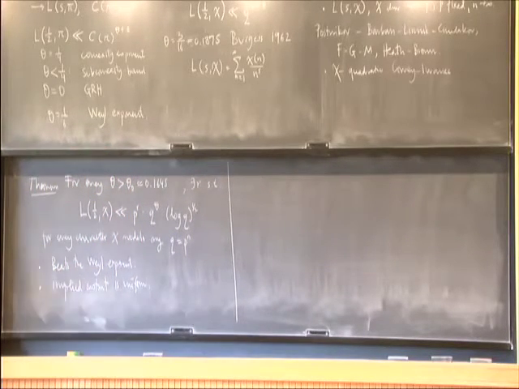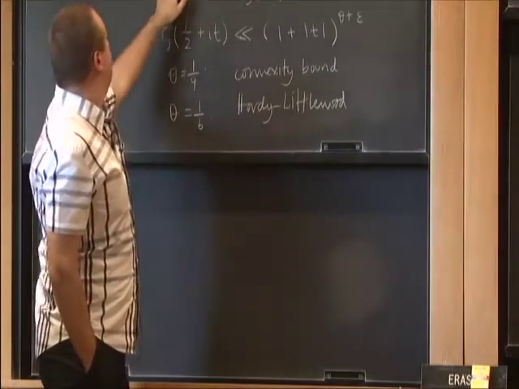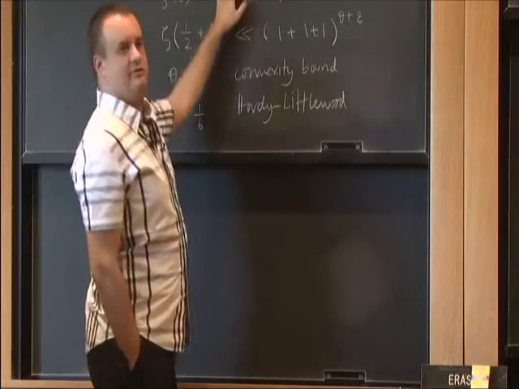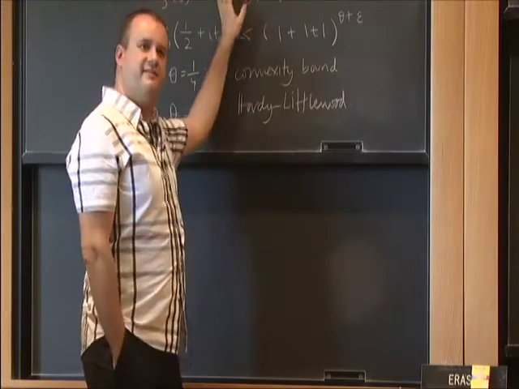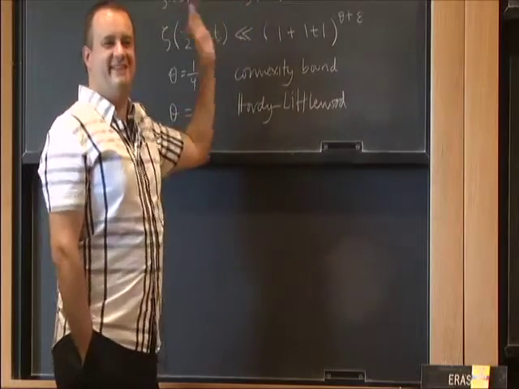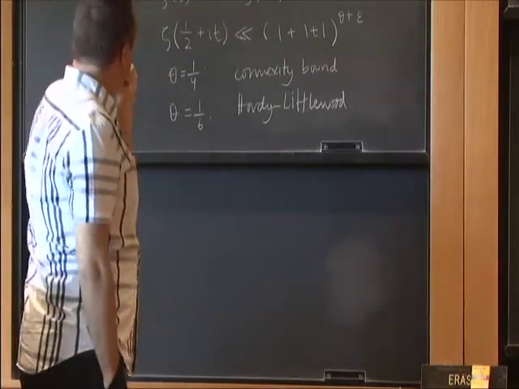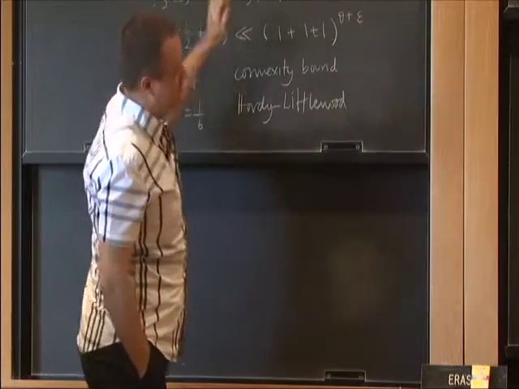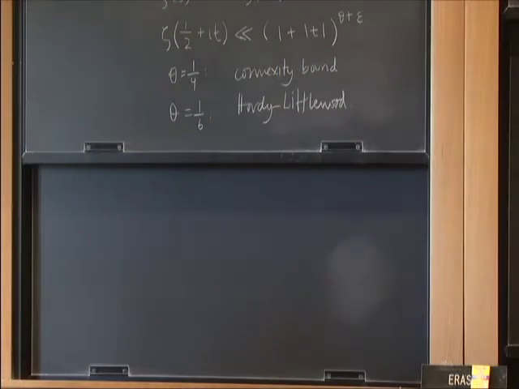So let's go back to the zeta function. Here it is. So we want to estimate this at 1/2 plus it. So this is going to be something like the sum of 1/n^(1/2+it), except, of course, that this series doesn't converge. But let me ignore that. So in essence, the best estimates that we have for zeta of 1/2 plus it are obtained by estimating what we call exponential sums of this form,